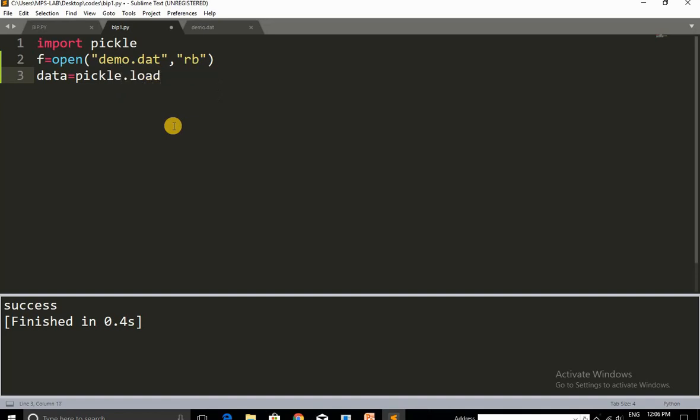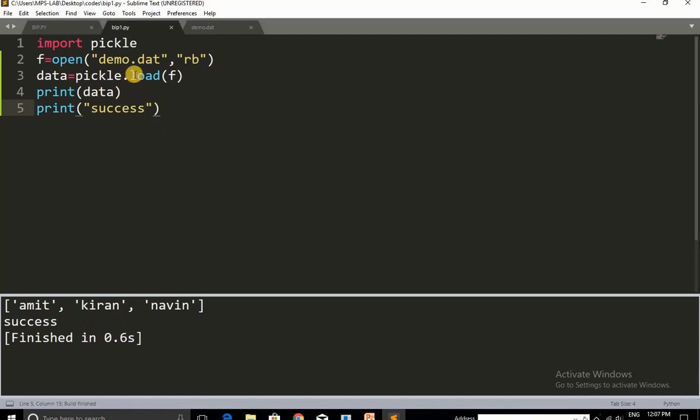Load means to read data from the file, and from which file? The f file. And here we have printed the data, and here we are printing again our vintage message, success, just to ensure that our code is working. See, in our demo.dat file, we had a list in which Amit, Kiran and Naveen was printed.